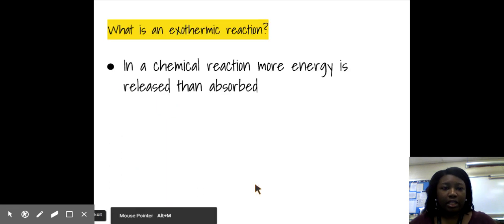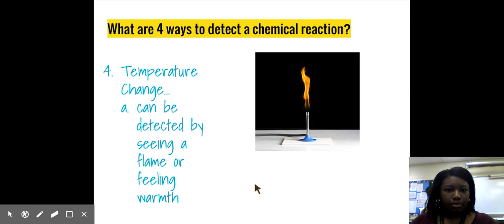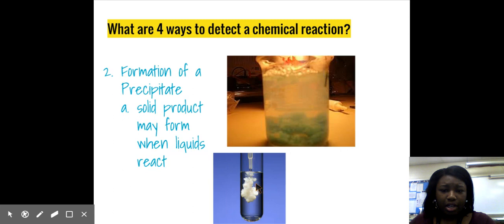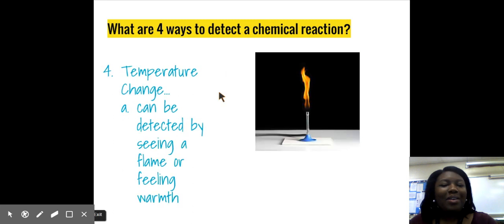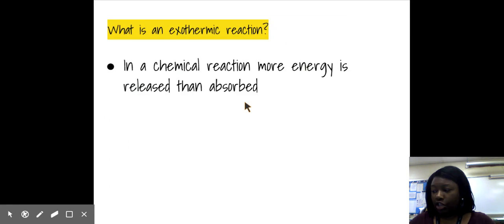And last but not least, temperature change. Do we skip one? Yeah, temperature change. Sorry. You can see in a beaker it will gradually get warmer, and when you mix those two substances together, the temperature can obviously change as well. But now we have an exothermic reaction. I want you to remember with exothermic,